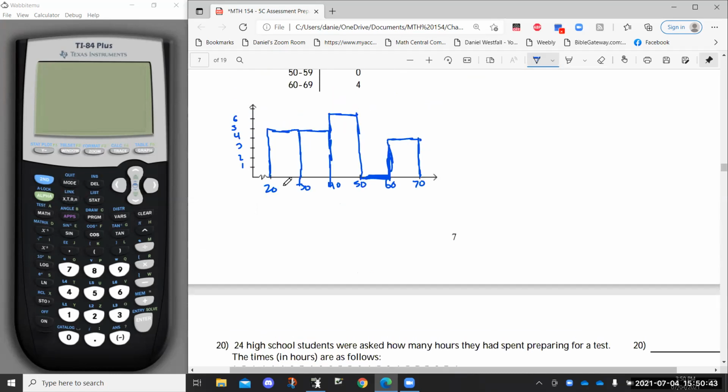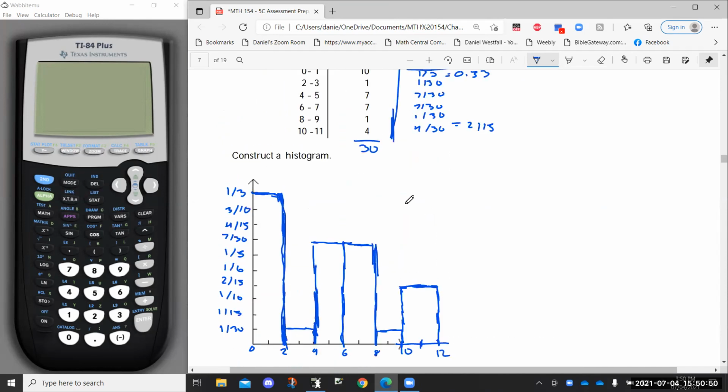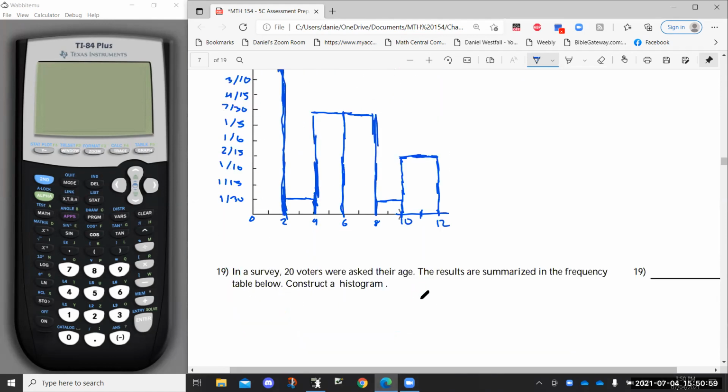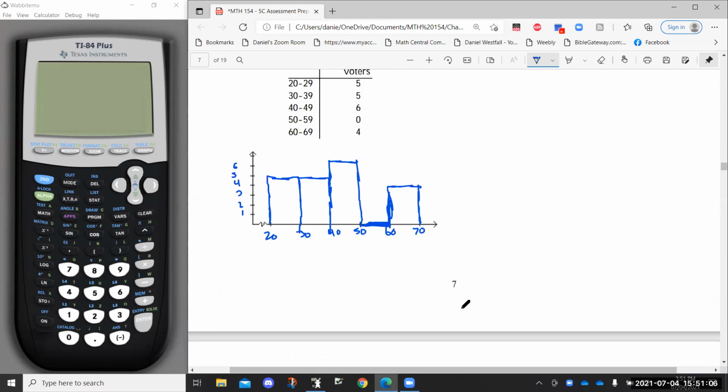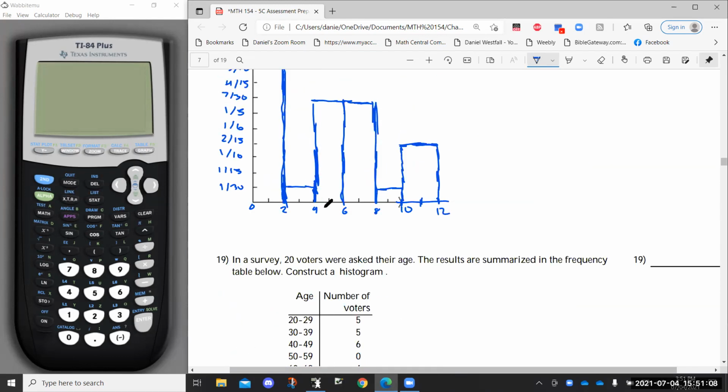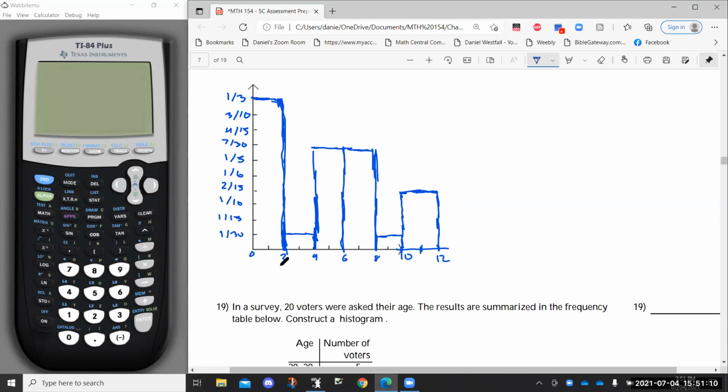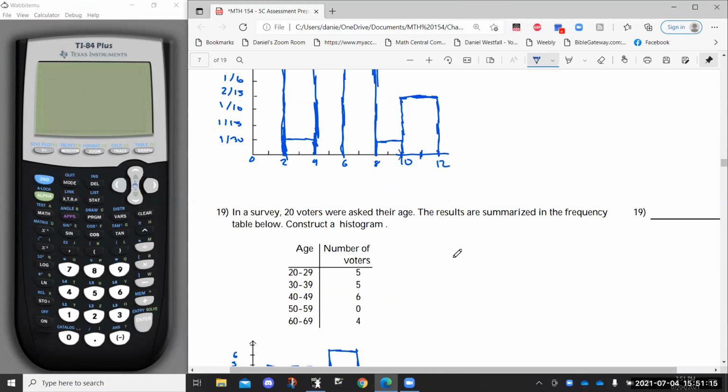Get used to histograms. They're something special that you're going to do a lot of in statistics, especially if you do relative frequency histograms like I did over here, because all of these bars, if they have a width of 1, should give area that adds up to be 100%, and having area that adds to be 100% is something special that we like in statistics. I did not make all of them have a width of 1 here. I made them all have a width of 2. So if I would multiply this all out, this should add up to be 200%. But,